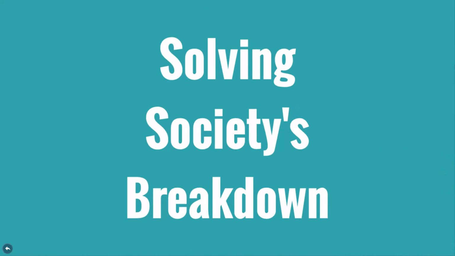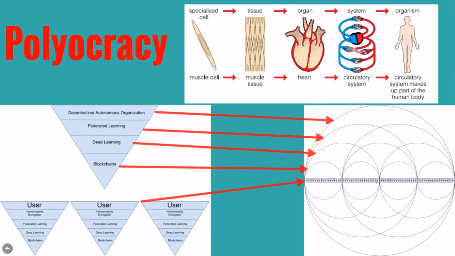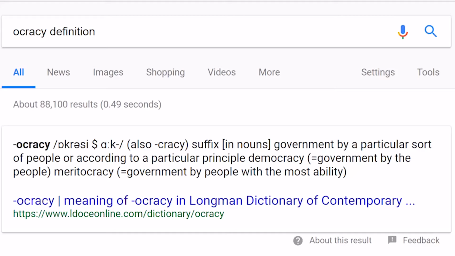As initially mentioned in the previous video, polyocracy is designed after the human body, and specifically after the structure of the human body. The human body goes from cells to tissues to organs to systems and then your whole organism, right? And then there's a bunch of things that happen in your body that allow for everything to happen, for you to watch this video, for me to communicate this way, right? And so the name polyocracy basically means many forms of organization, right? Poly, many, and ocracy means forms of organizations, or as prevalently known, ocracy means forms of government, but I hate that word. Anyways,